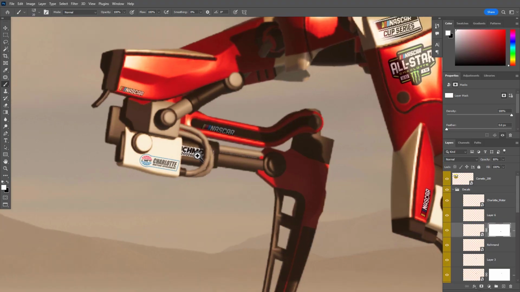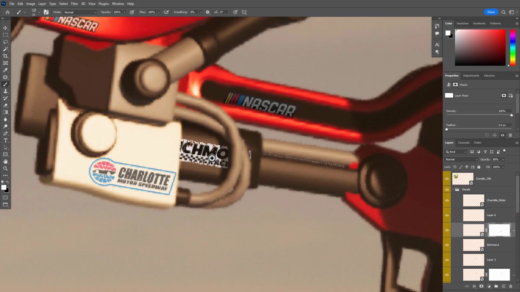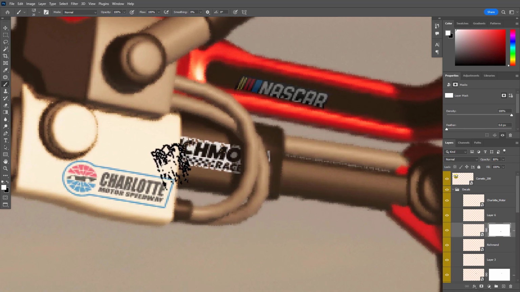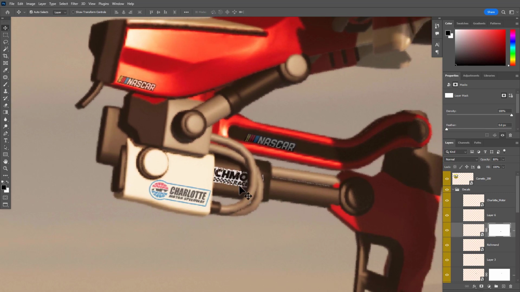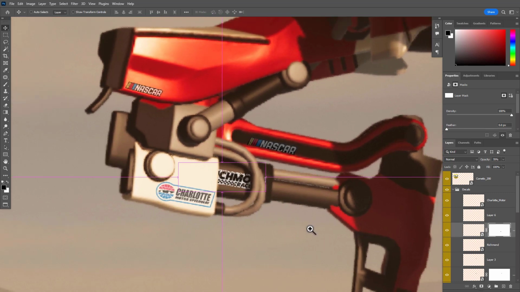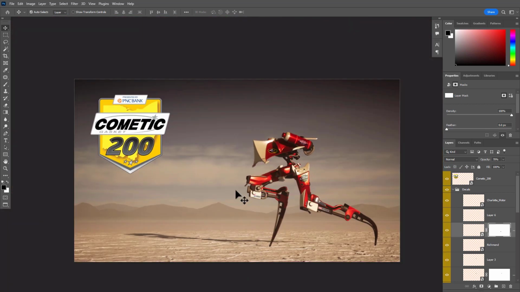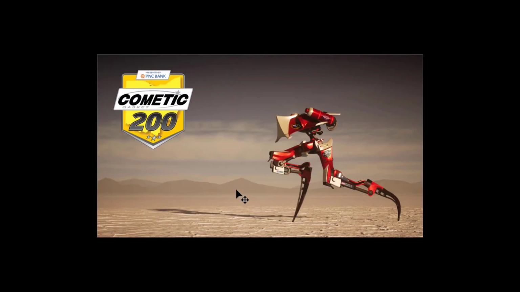Once you zoom out, you feel like, oh, okay, it sort of makes sense. And also, I'm just gonna erase the edge in here. So F, Control 0,